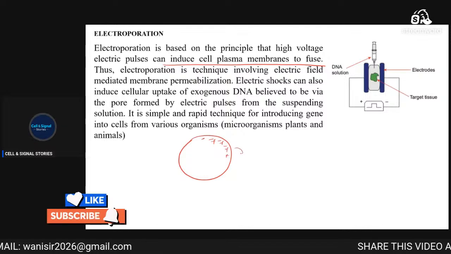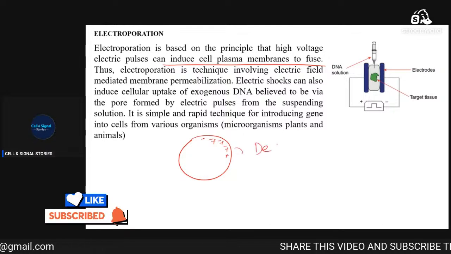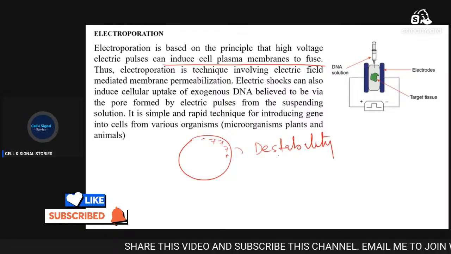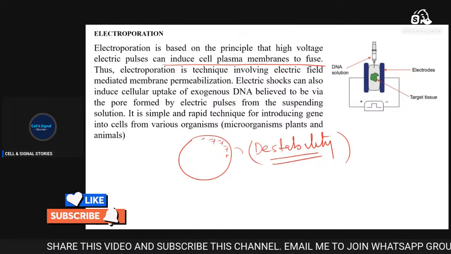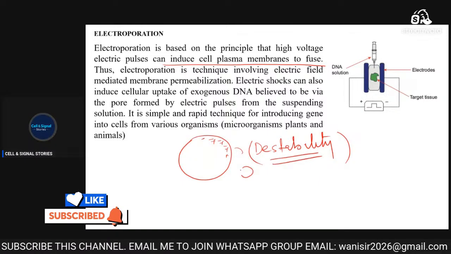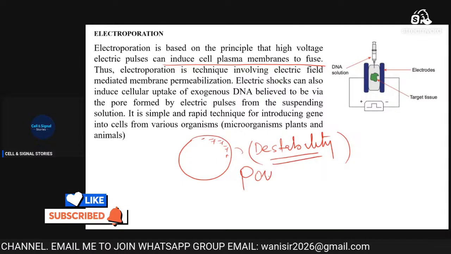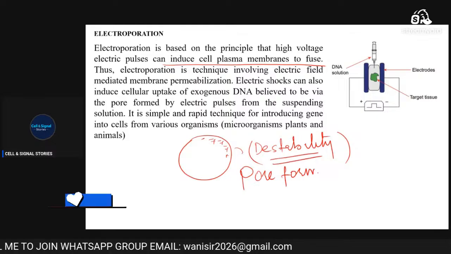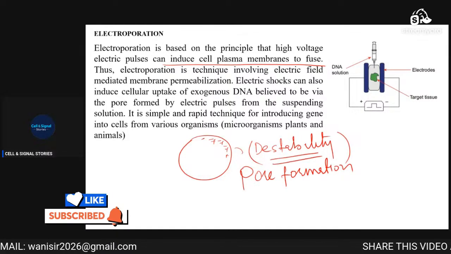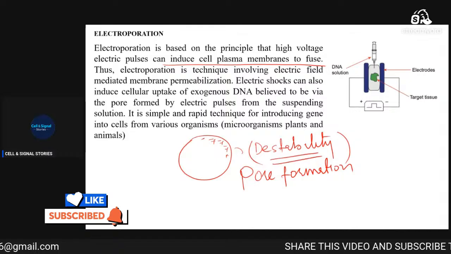Depolarization happens, and this causes destabilization. The destabilized membrane creates pores, so pore formation takes place. Now, this electric shock can induce the cellular uptake of exogenous DNA, and it is believed to be via